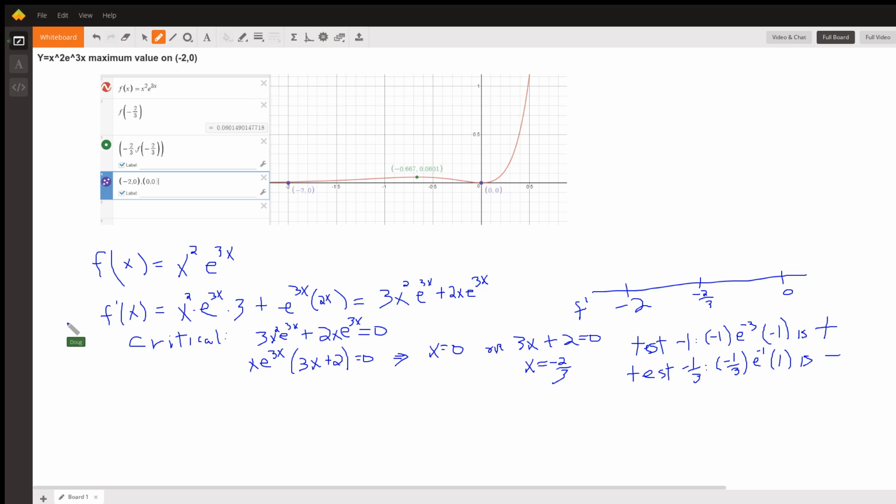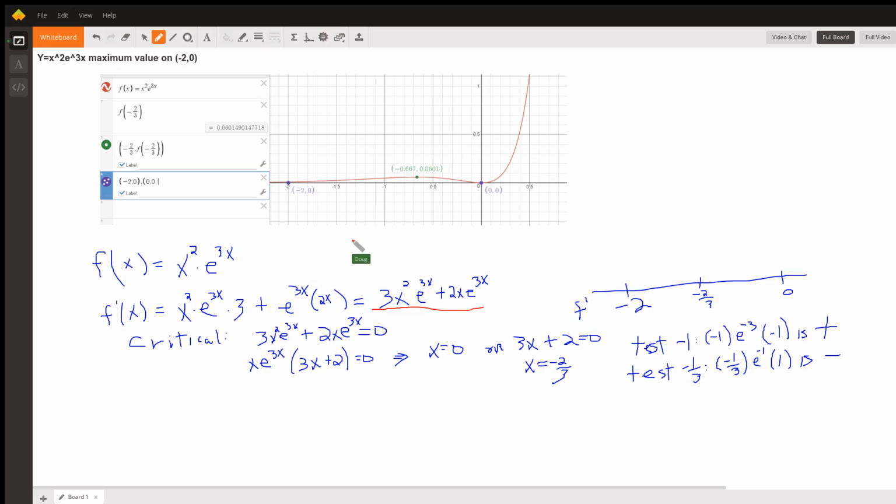to find critical numbers. So to find the first derivative of f, I use the product rule. First function, x squared times the derivative of the second, e to the 3x times 3, plus the second function, e to the 3x times the derivative of the first, 2x. So I rewrote that like this. And I want to know, when does this first derivative have a value of 0,